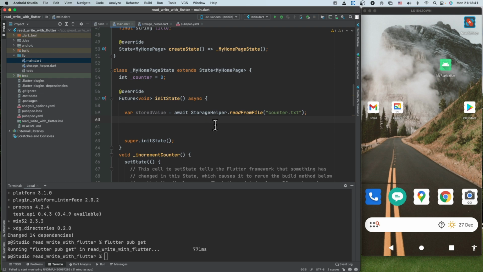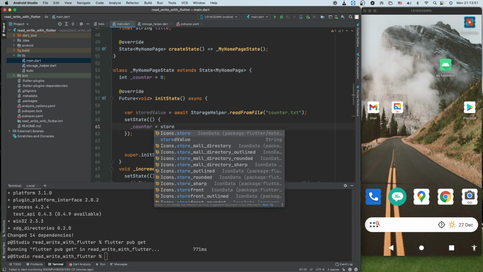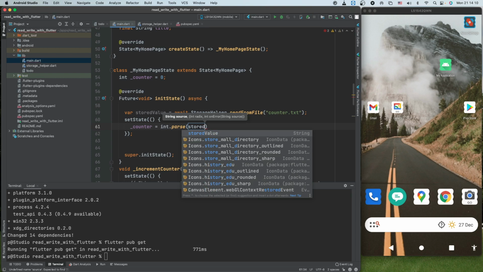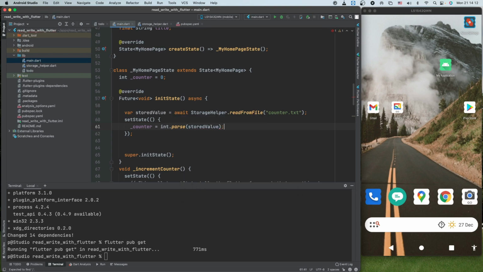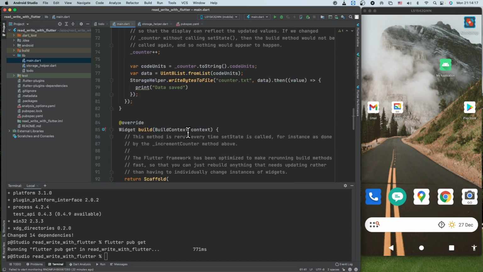Update the value of set state, counter is equal to stored value dot, here I think integer, int.parse, and here we can pass stored value. I hope this will work.